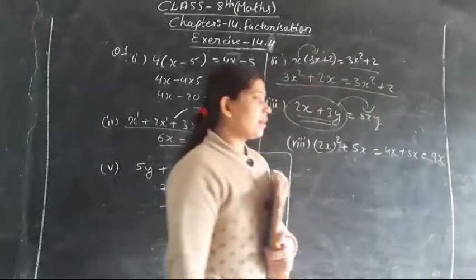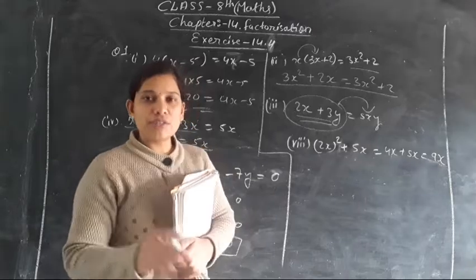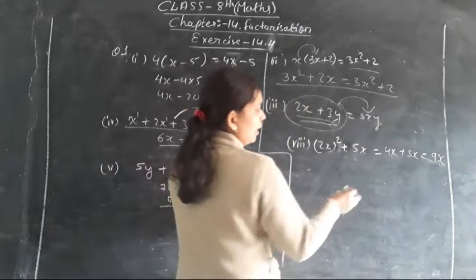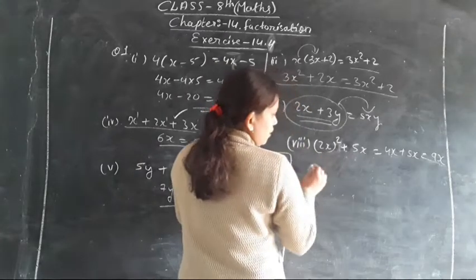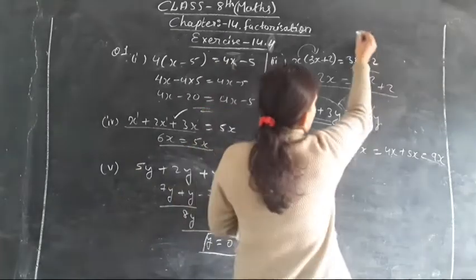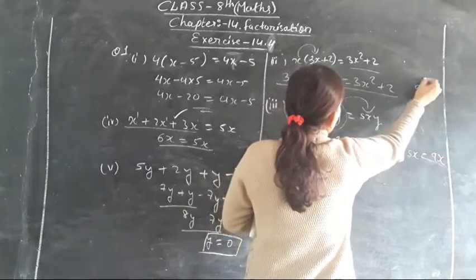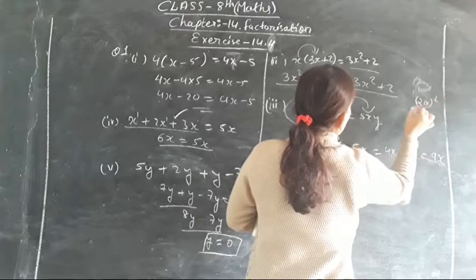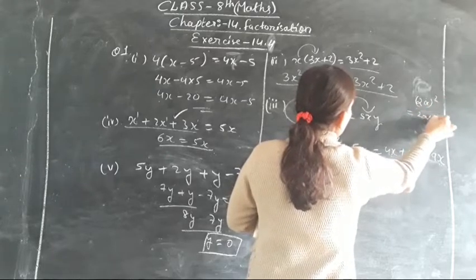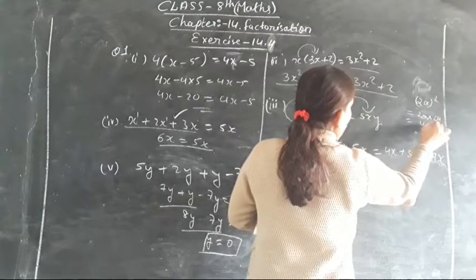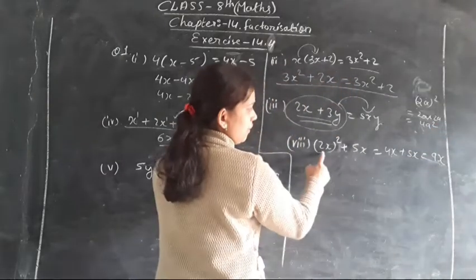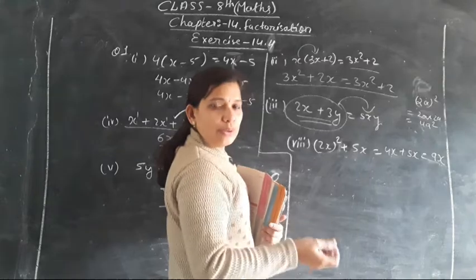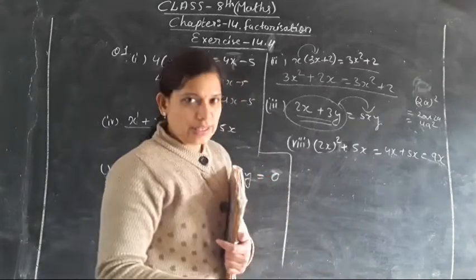Here three parts are given. The equation is in the form of three parts. This is the first part, second part and the third part, isn't it? So you can see here, the first part we can solve as it is a whole square. If we are having 2a the whole square, we can write it as 2a into 2a. So 2 into 2, 4, a into a will be 4a square. In the same way, 2x the whole square can be written as 2x into 2x. So 2 into 2 will be 4 and x into x will be x square, isn't it?